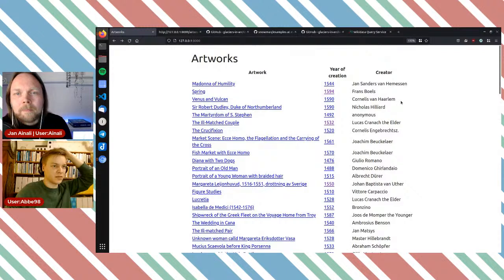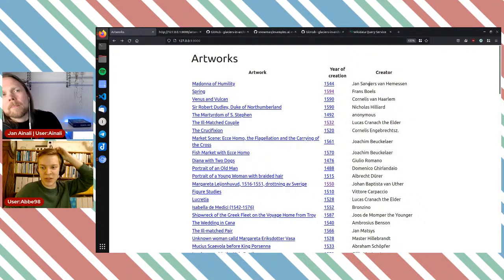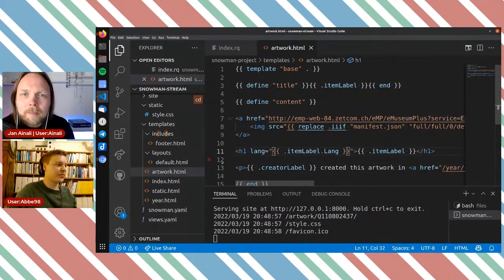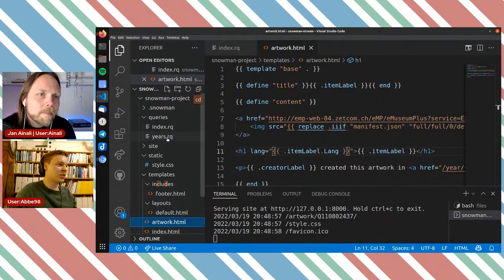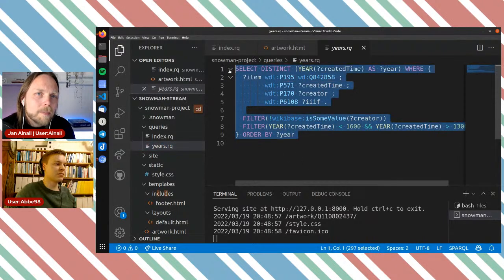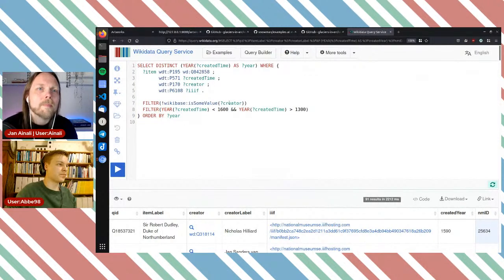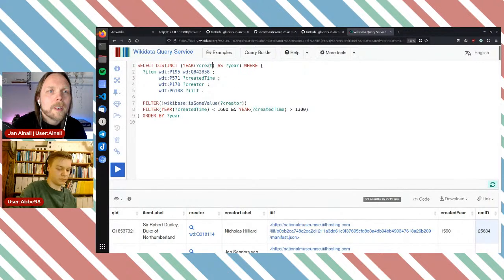Right. We said creator pages. Can we manage that in 10 minutes? I think so. So we would then do pretty much exactly as the years. The year query, but just do it with selecting the creator instead. No, not as here. You can remove the entire. Not as here.